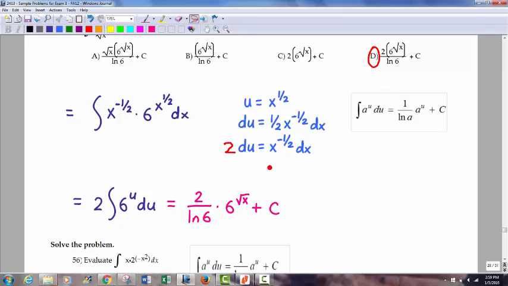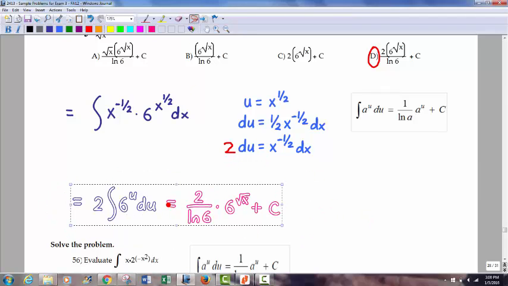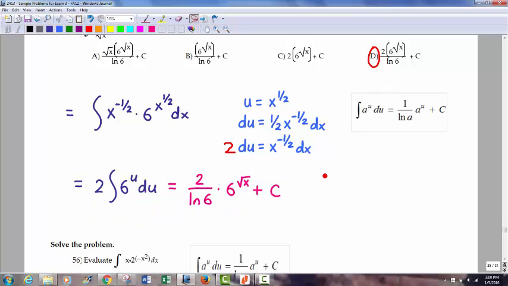So there's the 2. So 2 du, that fits just right. You have 2 du and you have 6 to the u du, so you follow that formula. Like I say, the only difference between this and e is we have that 1 over ln. Like I said before, if it was e, this would work because ln of e is 1 and you have e to the u. So we have a 2 here, so we have to then divide by this formula in ln of